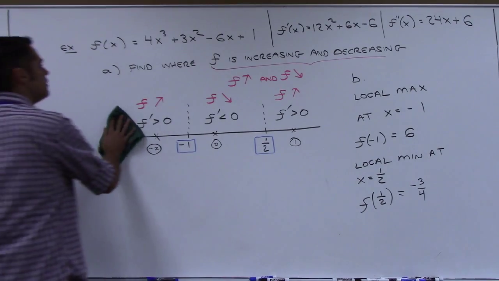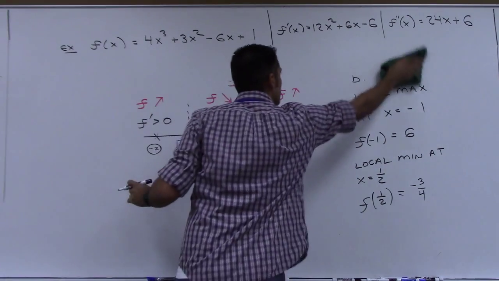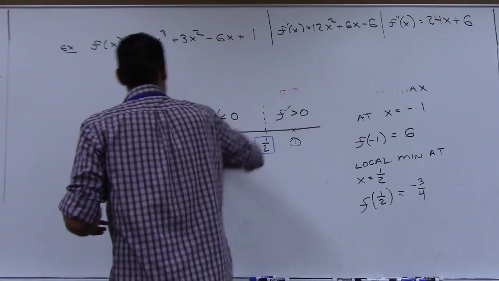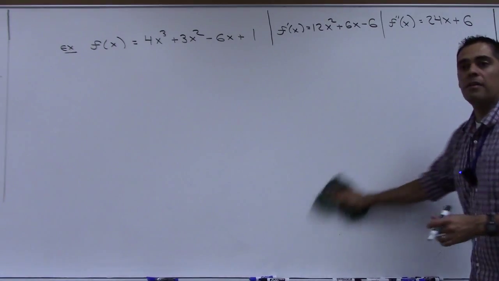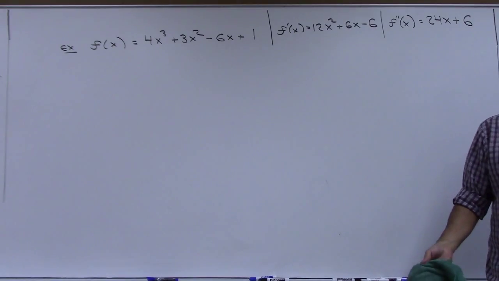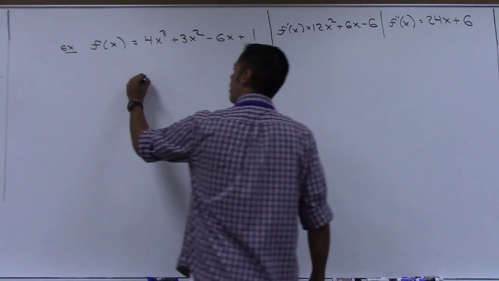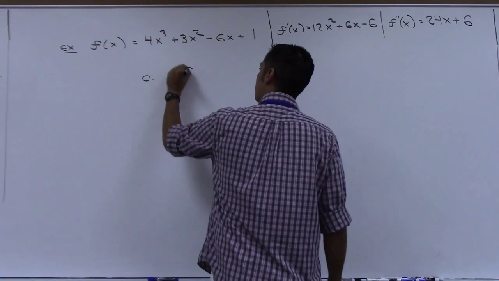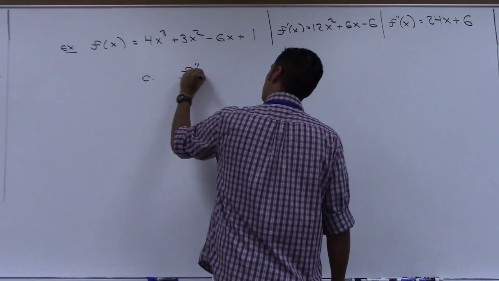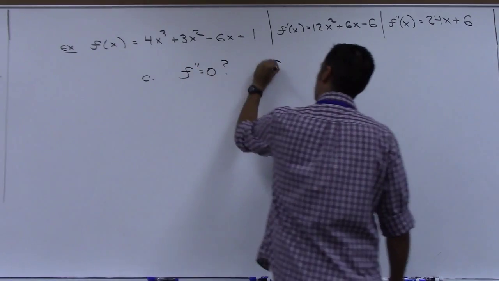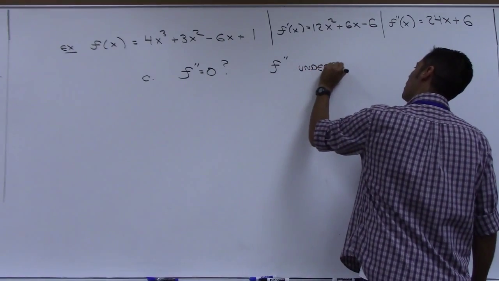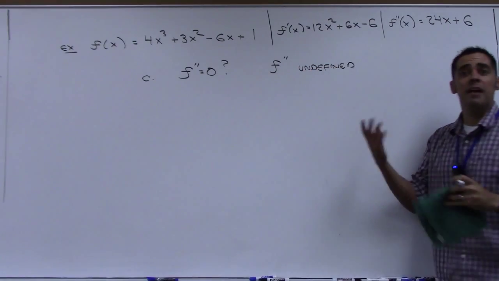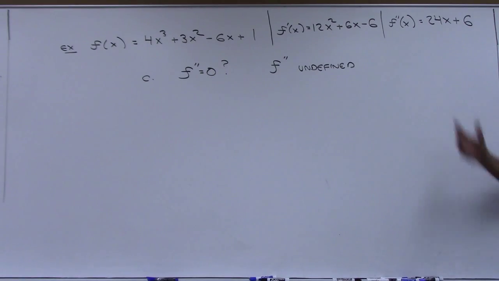So what I'm going to do for part C is exactly the same thing that I just did for part A, except instead of looking at the first derivative, I'm going to be looking at the second derivative. I'm going to find out where it's 0. I'm going to look at where it's undefined. So it's almost like I'm doing critical points again, but with the second derivative. So where